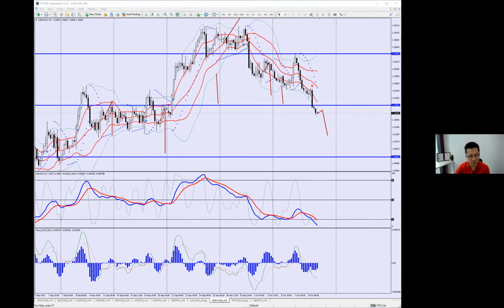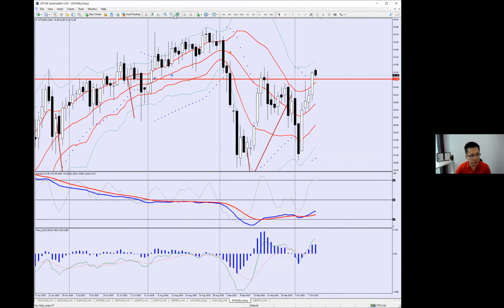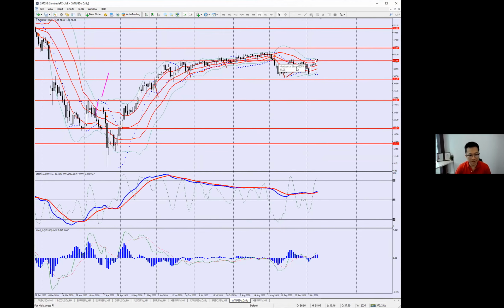Just to touch on why we don't talk about oil too much. Looking at it, it's still in that range. The last time I spoke about it, I said it's going to test 35.39 and bounce back up to 41. It did exactly that, tested that level, bounced to 41, still sitting at that level of 41. I do think that as much as it might go up a little bit, it'll probably come back down. So I'm not super interested.